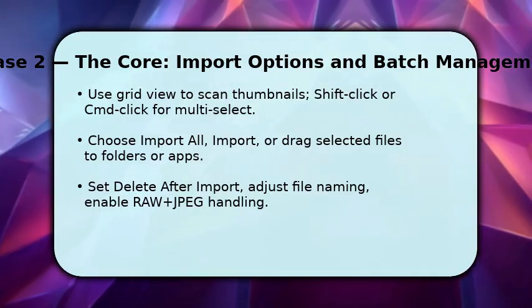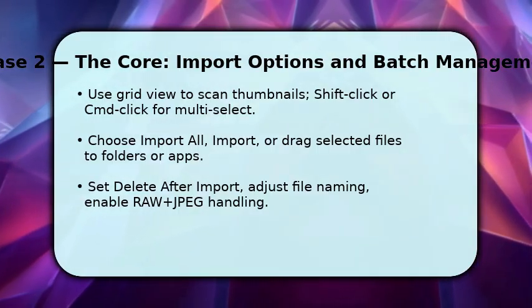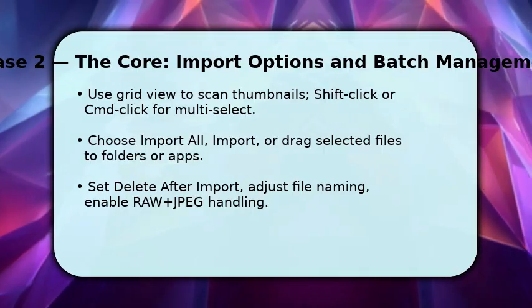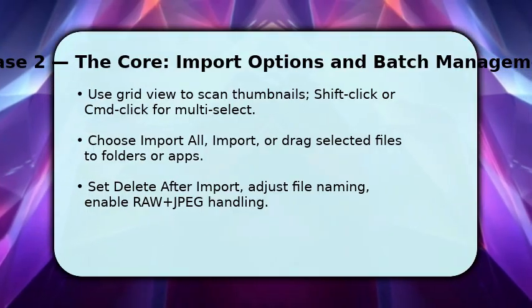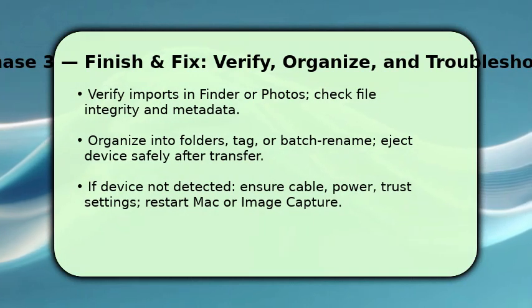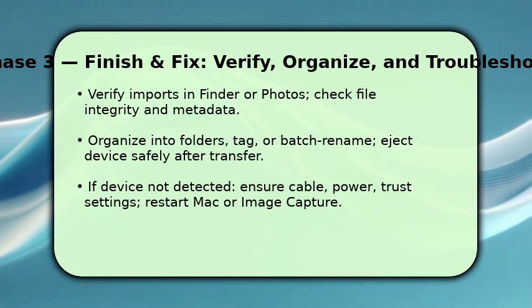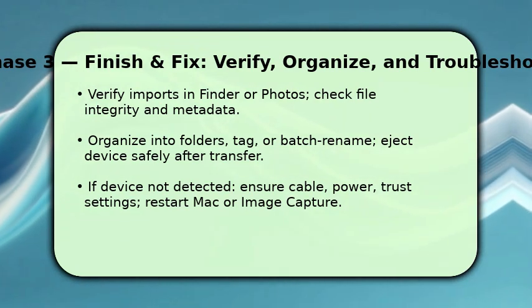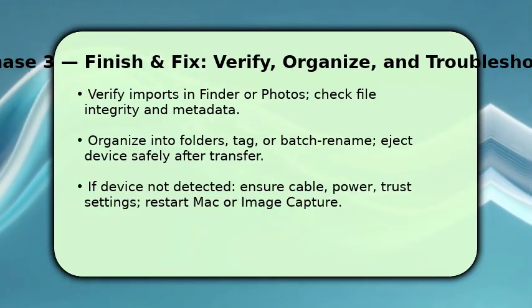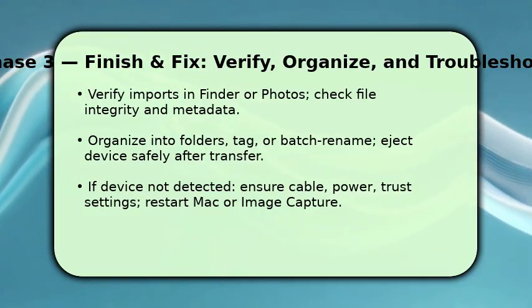If you handle RAW plus JPEG, decide which to keep. Keep an eye on transfer speed. It affects workflow timing. You finish by verifying imports in Finder or Photos, confirming file names and metadata are intact. This prevents lost shots. Then organize files into folders, apply tags or batch rename to match your system, and always